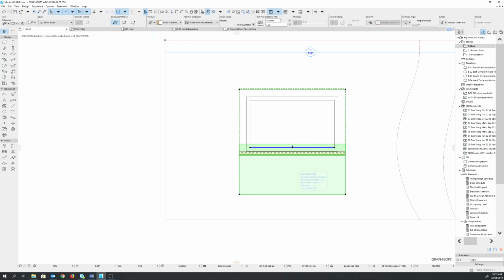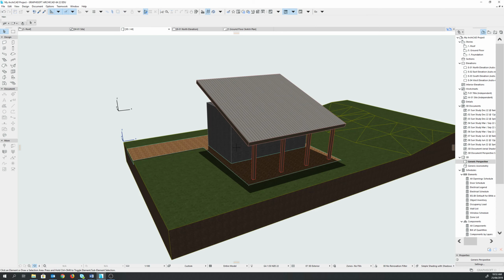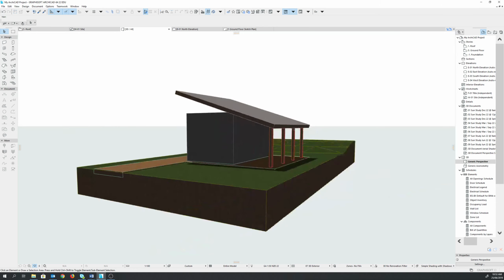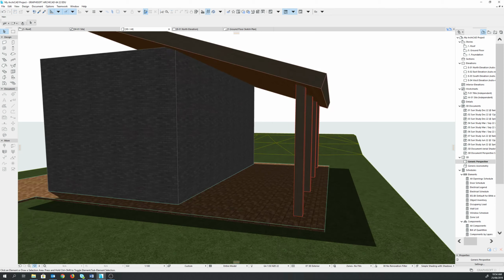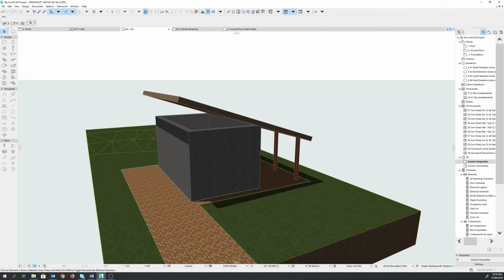Hit enter. So we want it to extend 3 meters down. Let's look at what we have done so far. Go to 3D and see what we have done. So this is our house with the roof, and you can see the roof is covering the columns perfectly well, as well as